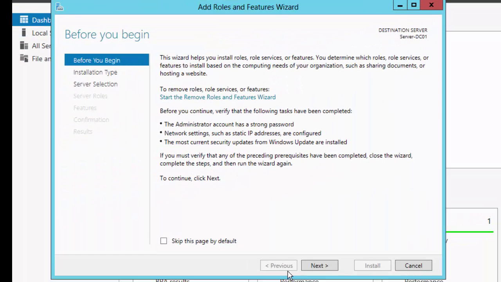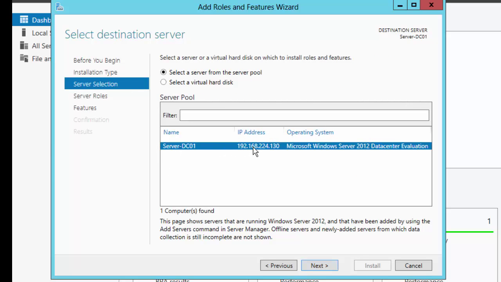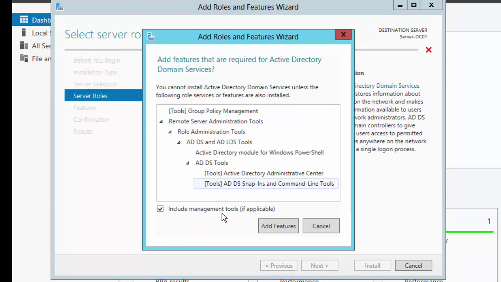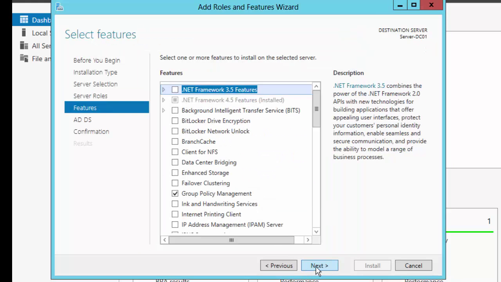Then I need to click next. We will be doing a role-based installation. Click next. This is the server, which is the local server, that it is picking up by default. Click next, and this time we will be configuring Active Directory Domain Services. I will check this, and it will also show the additional features. So I will add features and click next, and Group Policy Management is also checked automatically as a feature. Click next,